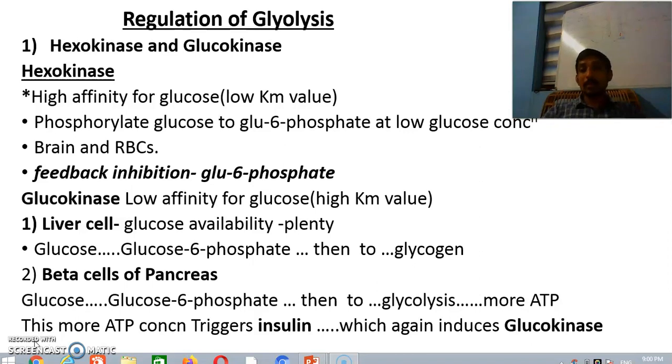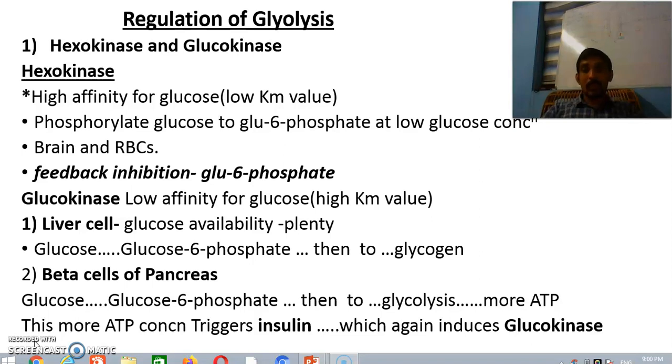So mainly they produce energy from glucose. When the glucose concentration within the brain cell is very low, the brain cell still needs to produce energy, and hexokinase helps a lot by carrying out glycolysis even at low glucose concentration. So that is a best